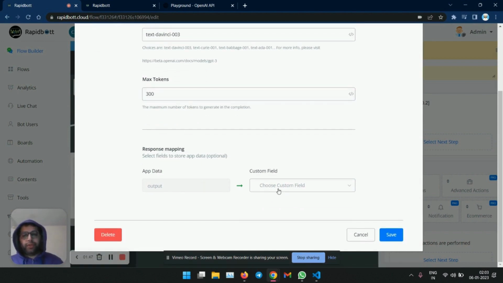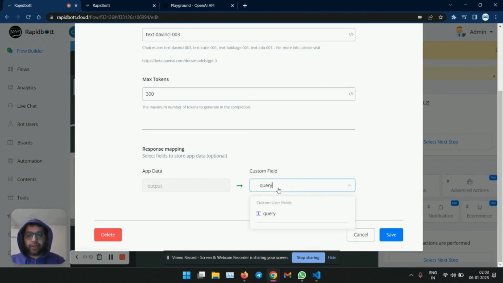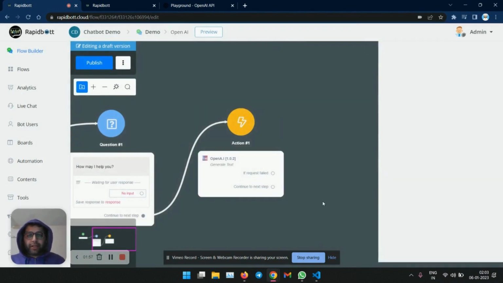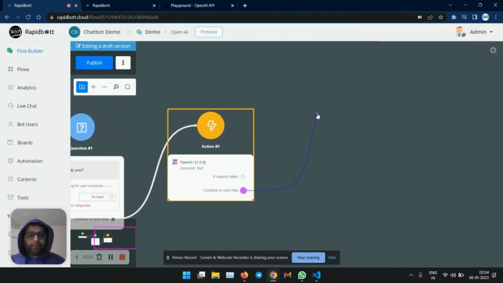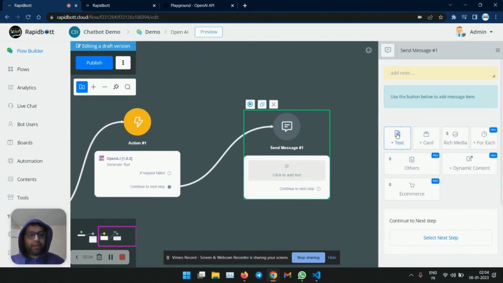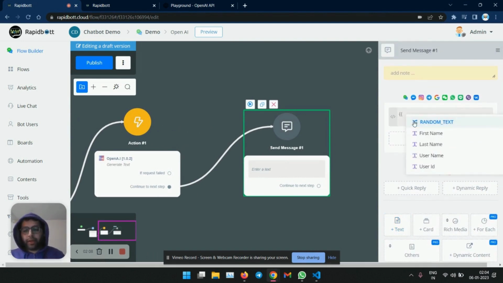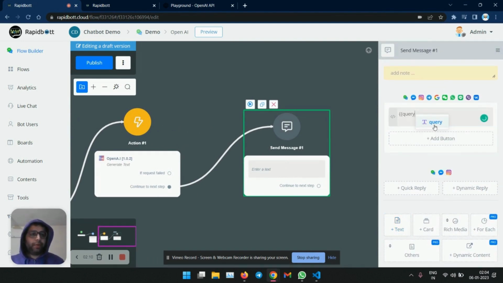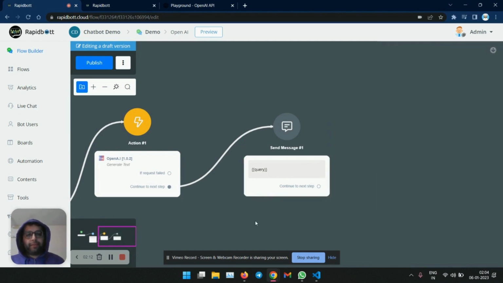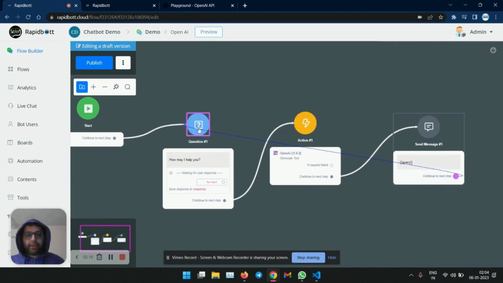And now we just need to store the output to a variable so we can showcase it in the chatbot or print it, you might say. So let's use the query variable. We already have that set up, so let's use it. Let's save it, and yeah, that's about it. Now we're gonna print this thing in our message. Let's add a text block, and let's just use the variable name in which we are storing the output from OpenAI. Yeah, that's about it,